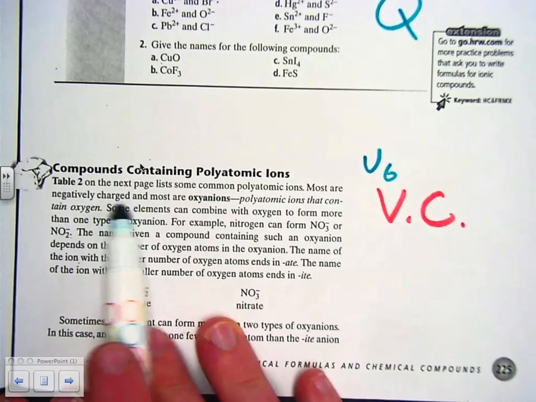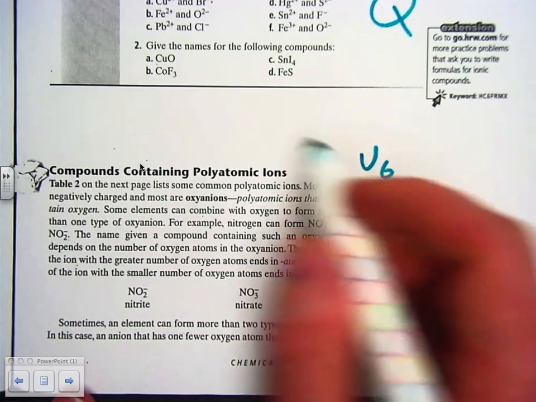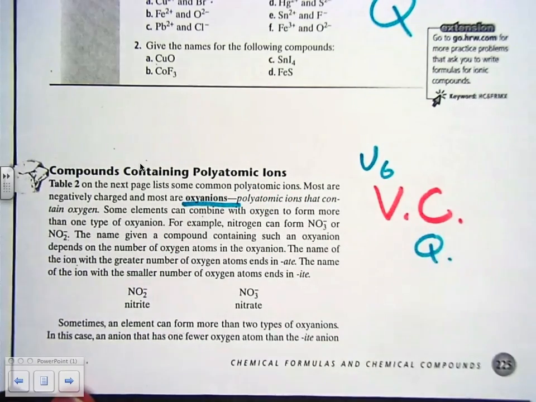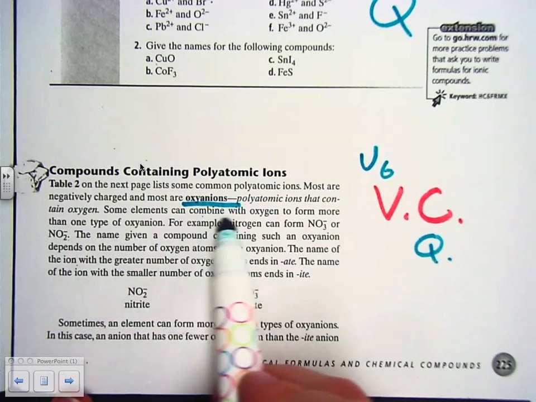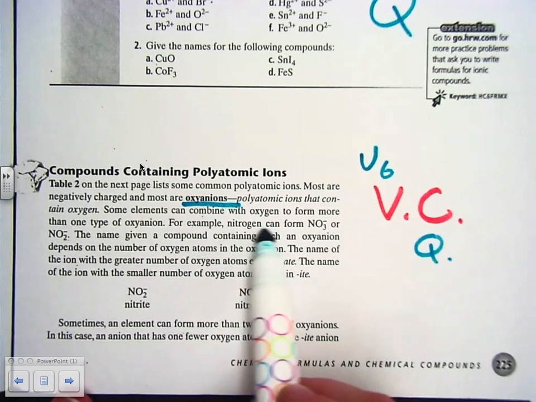Most are negatively charged, and most are oxyanions, polyatomic ions that contain oxygen. Oh yeah, that sounds like a great quiz question. Some elements can combine with oxygen to form more than one type of oxyanion. For example, nitrogen can form